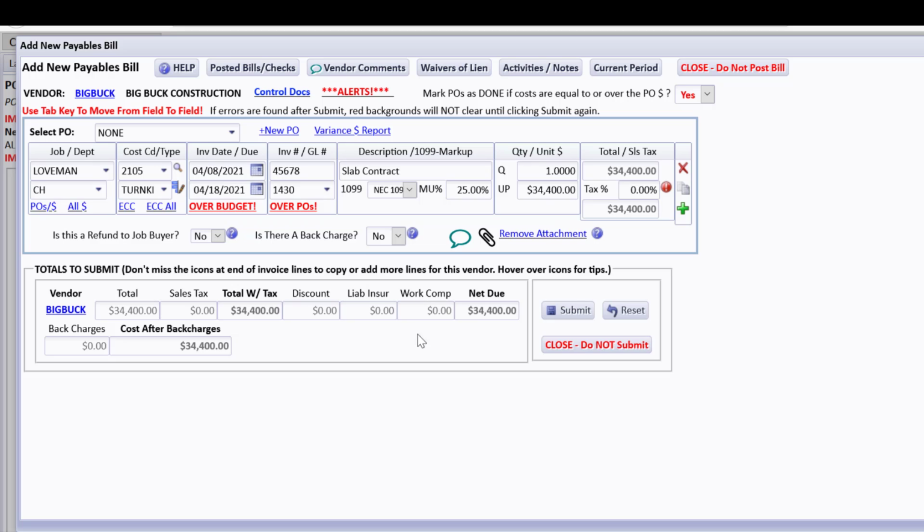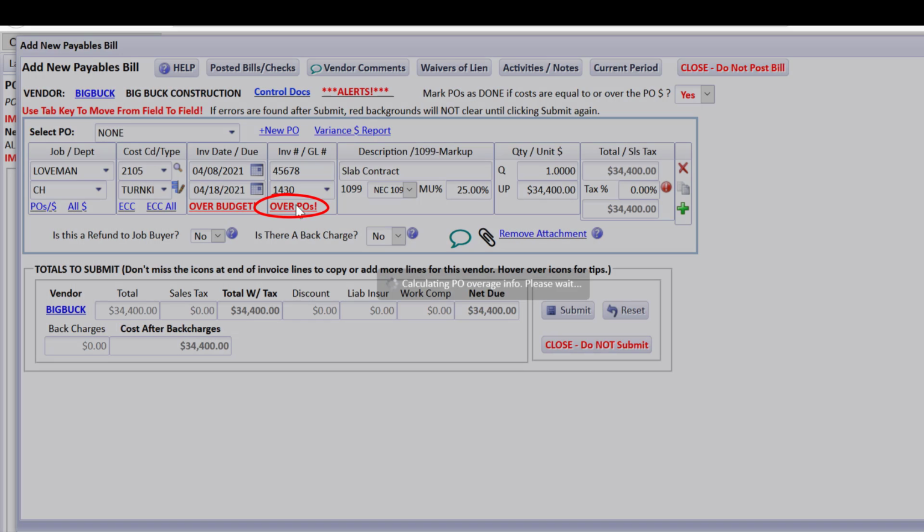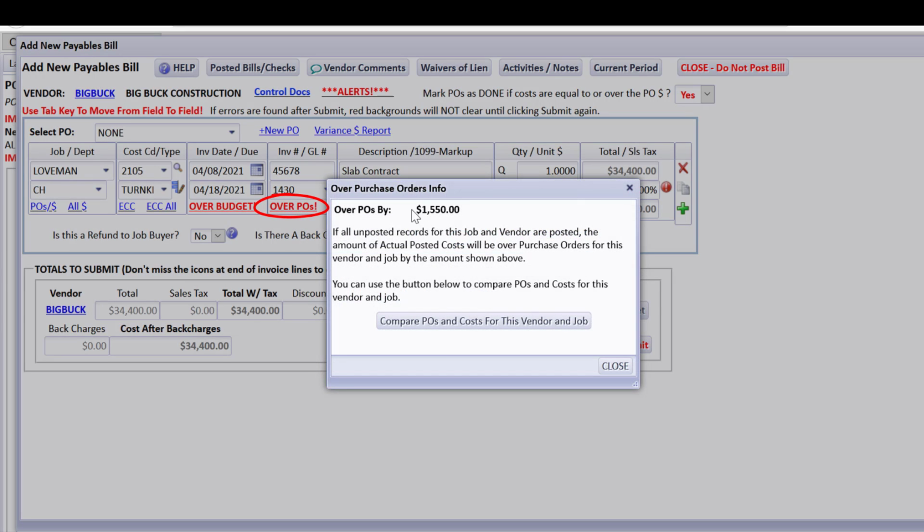What we're going to focus on, it is saying we're over budget because it is actually a few pennies over, and if you drill down on that, you'll be able to see why and not worry about it if that is all you're worried about is the budget. And so if you don't have POs, you might still leave this here not knowing that some agreement was made in the field. But if I drill down, because we do have POs, it's saying over POs by that much